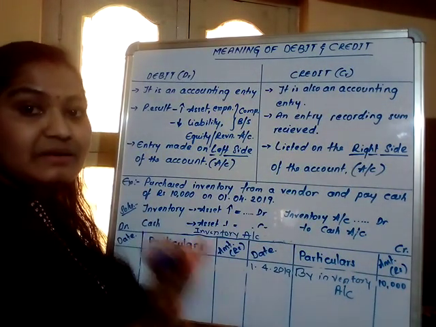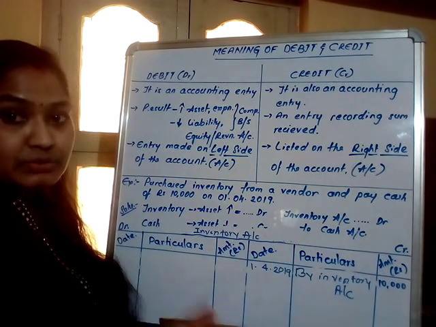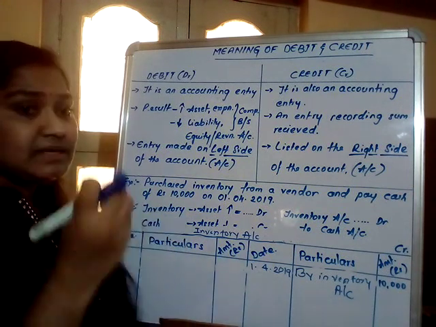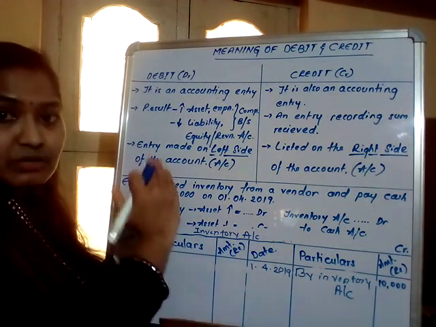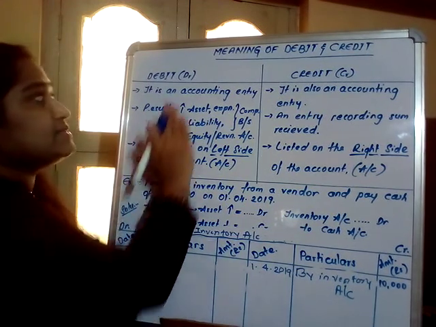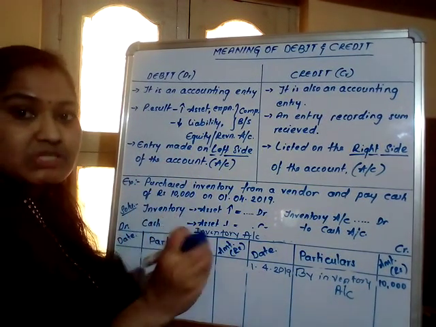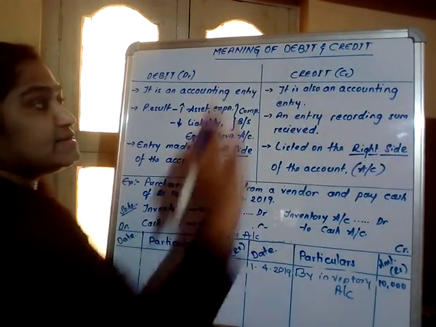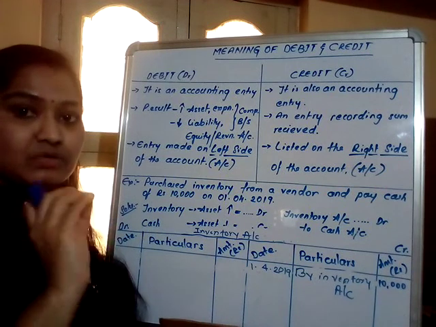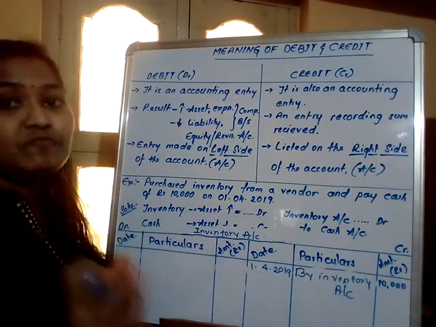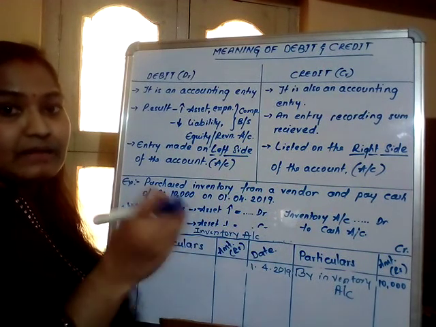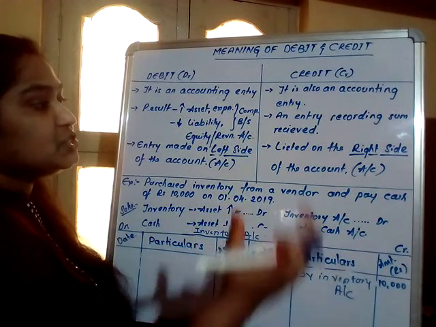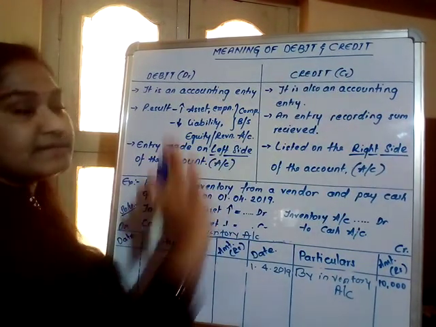There is no particular definition or meaning to the concept of debit and credit. It is as simple as this: if you post the transaction on the left side, that is considered a debit. If you post the entries on the right side, that is considered a credit. That's all. There is no special meaning for debit and credit items. A transaction related to the left side is a debit item. A transaction related to the right side is considered a credit.